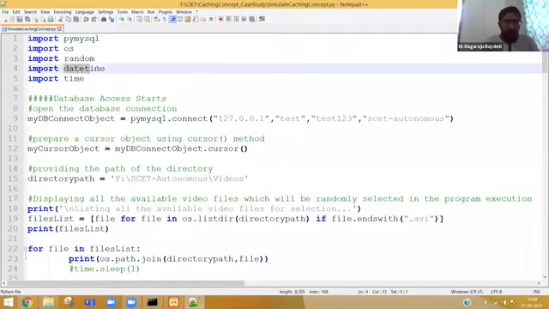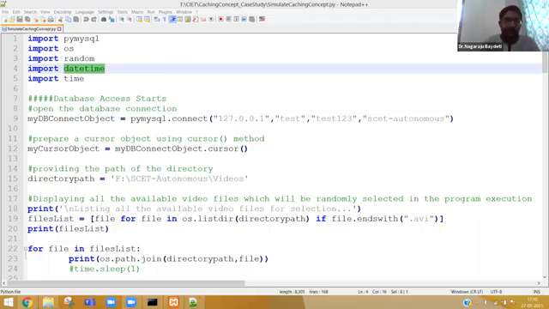Now, there is one additional module which I am going to use here. That module is called datetime. As the name mentions, it is a module about the date and time. Why do I have to use the date and time here? Because I need the timestamp. Why do we need the timestamp?